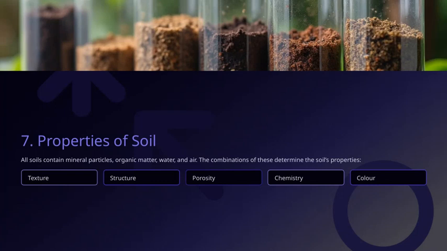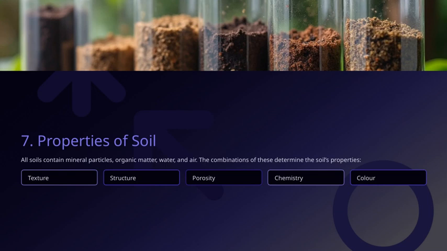Now, let's talk about the properties of soil. All soils, regardless of where they are, contain a mix of mineral particles, organic matter, water, and air. These components are the building blocks that give soil its unique characteristics. The way these elements combine influences several key properties of soil, which are crucial for understanding how soil functions and